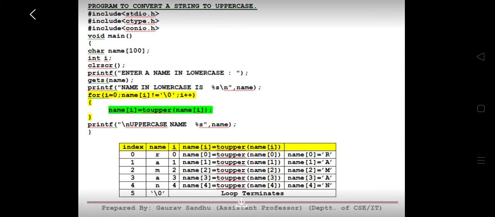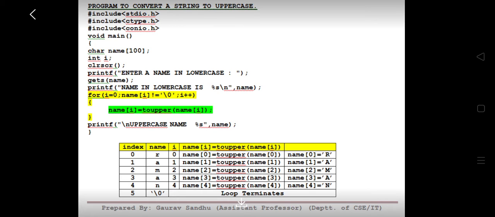Suppose the word is Raman and Raman is entered in lowercase. The for loop highlighted in yellow says that we can break the string Raman into characters, and name[i] in the green section of the program is the single character which we are processing now, which means that if i is 0, name[0], we are processing R of Raman. If i is 1, name[1], we are processing A of Raman.